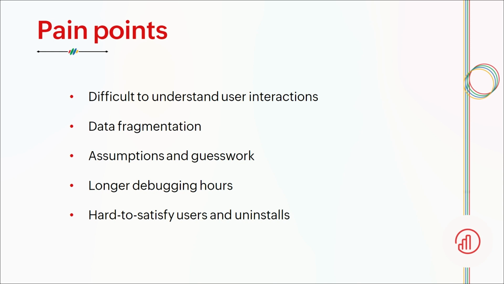Even after measuring important KPIs, at times the data you see can be fragmented or incomplete. And this makes it even harder for you to analyze and understand where your app stands in terms of performance and quality. When you don't have access to the right data and insights, you resort to guesswork, which might work in the short run, but this approach cannot yield favorable outcomes at all times, especially when it comes to any performance-related or